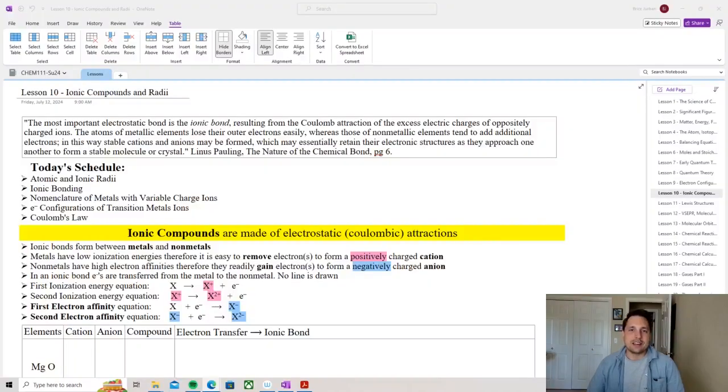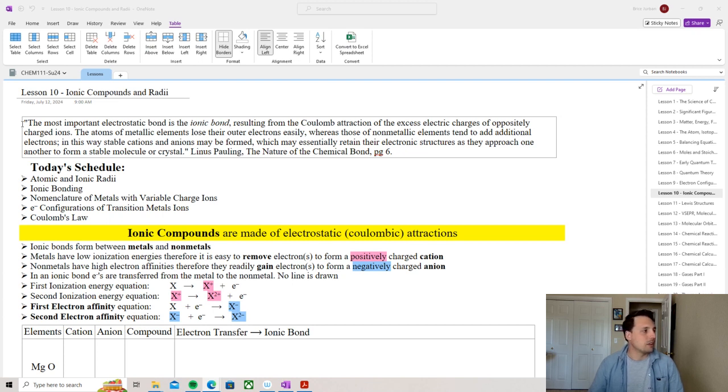Welcome back. Today, we're going to begin to learn about how chemical bonds form. We'll apply our knowledge of electronic configurations to look at ionic compounds, which result from the sharing of electrons between ions. By the end of this lesson, you should be able to understand this sentence from Linus Pauling's Nature of